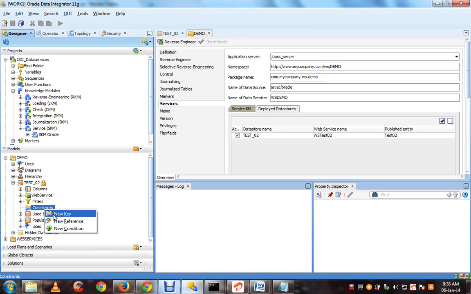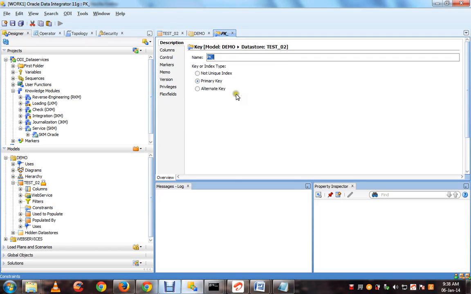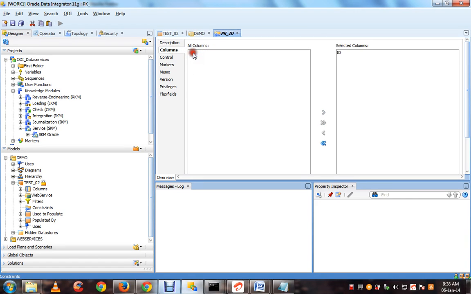For inserting, selecting, you don't need a key. So it is mandatory to give a key, and I'm giving a primary key. Let it be, this is for the ID column, so I'm making it the primary key ID. Okay,